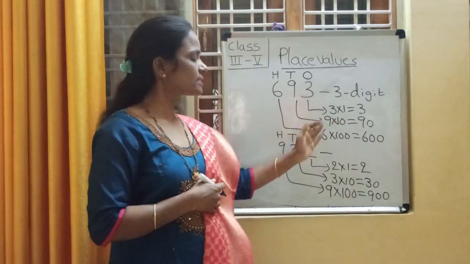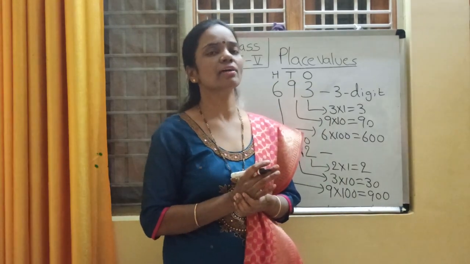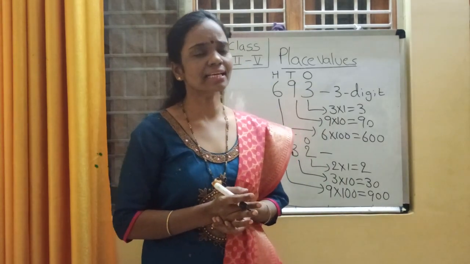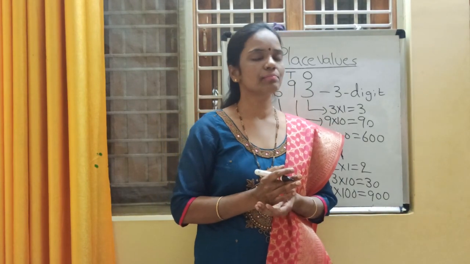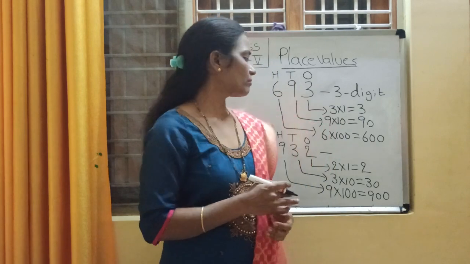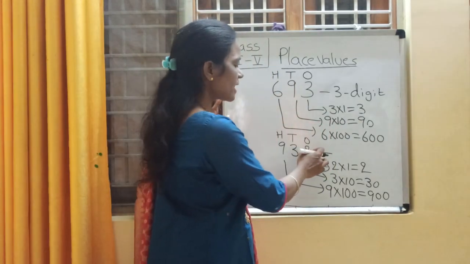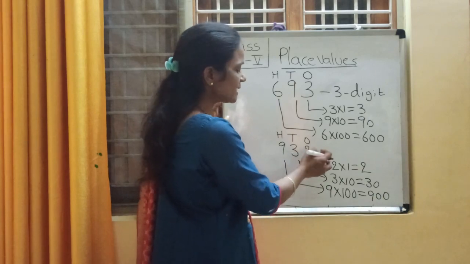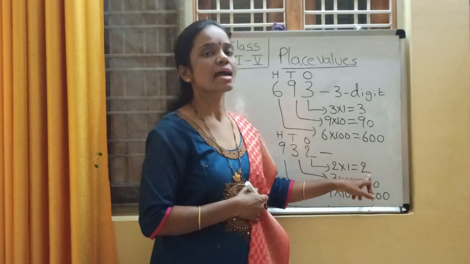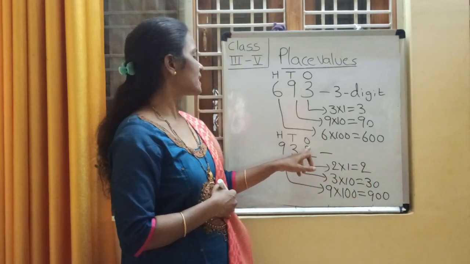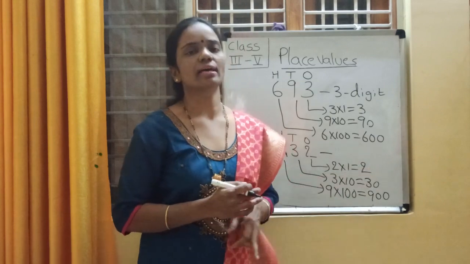First observe these two examples and tell me what is the place value of a number. What is the definition of place value of a number? How do you get place value of a number? Again, we will get a place value of that number when a digit in that number is multiplied by its place. If the digit in that number is multiplied by its place, we will get its place value.